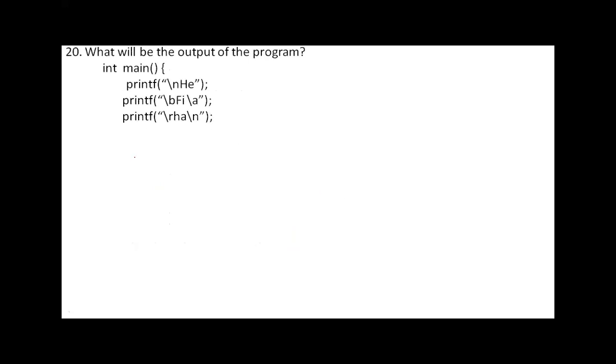Yeah, so there are 3 statements here. Now, what is the output of this code? printf HE, then printf with backslash sequences. These are all related to escape sequences. Sometimes even on escape sequences, a question may appear. Now we execute the printf statements one by one, and we'll see what happens here.